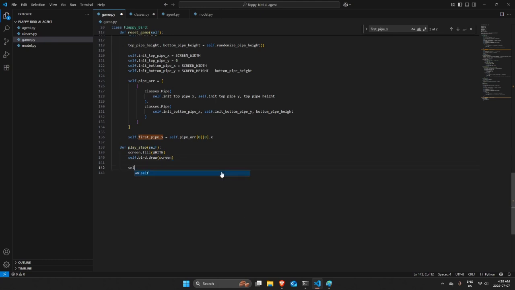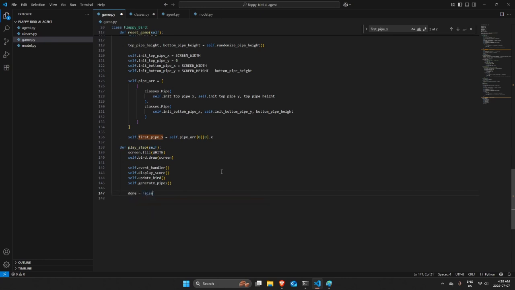Next, we're gonna call some functions that we created. So event handler, display score,